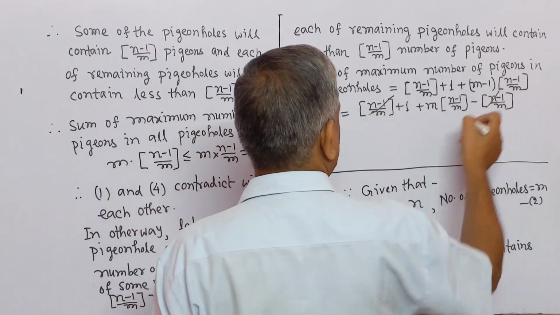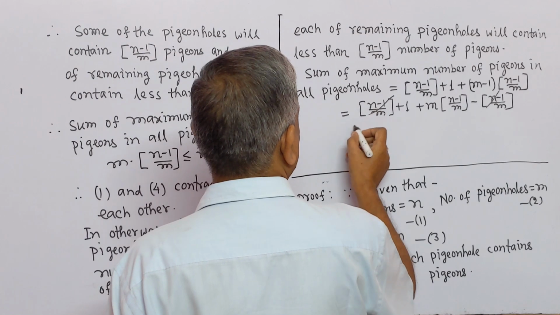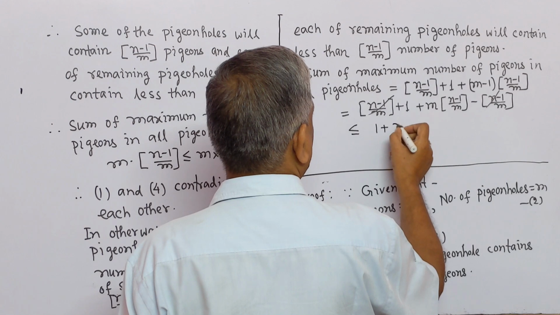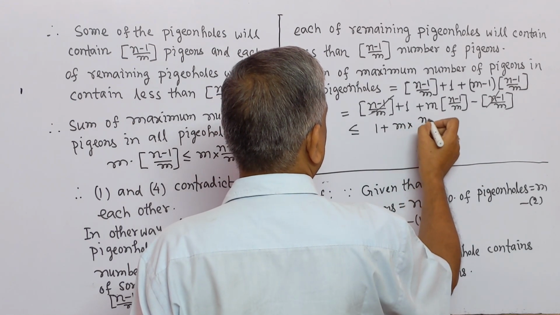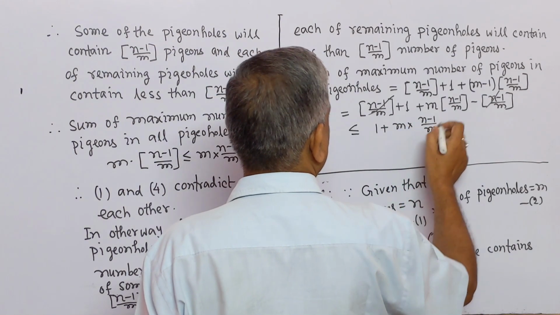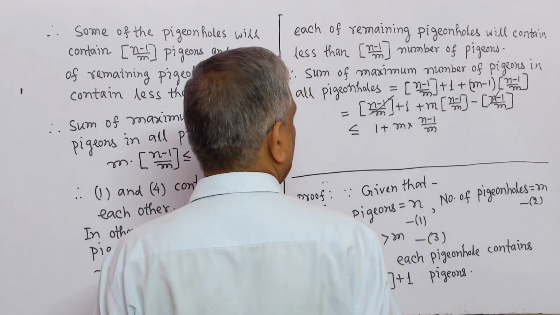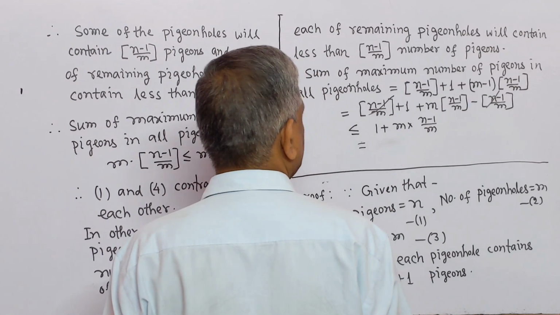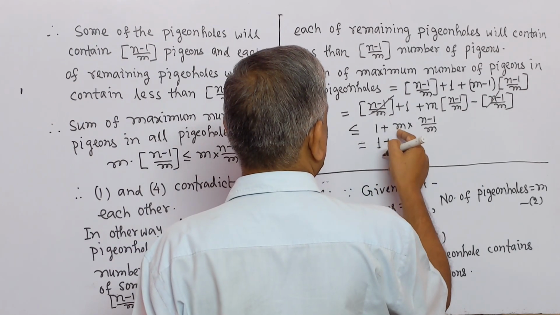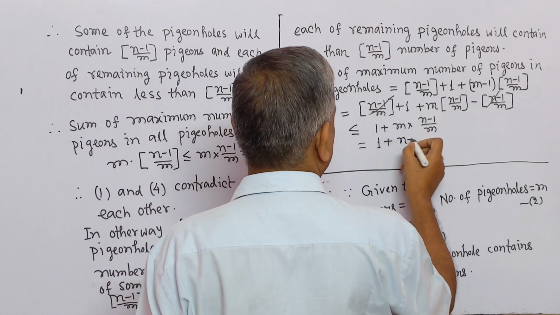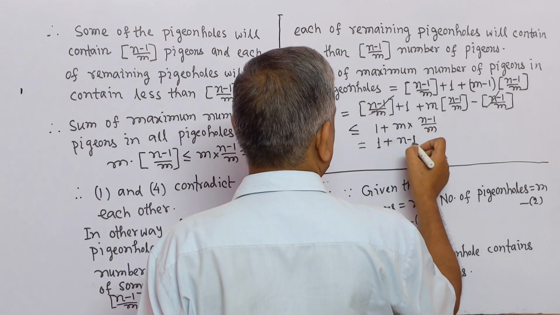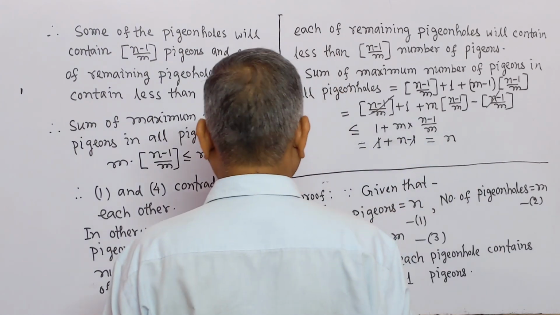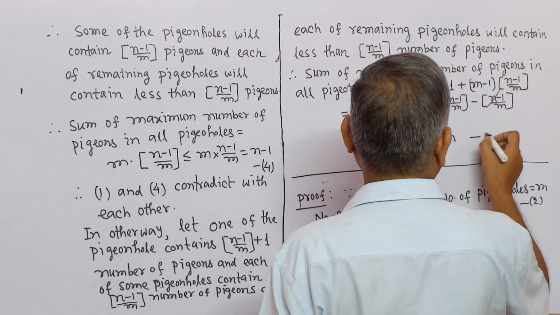This and this cancelled, and this is less than or equal to 1 plus m multiply (n minus 1) by m. This is the greatest integer function which is less than this. This is equal to 1 plus m cancel, here n minus 1 plus 1 minus 1 cancel. This is equal to n. Let this be number 5,